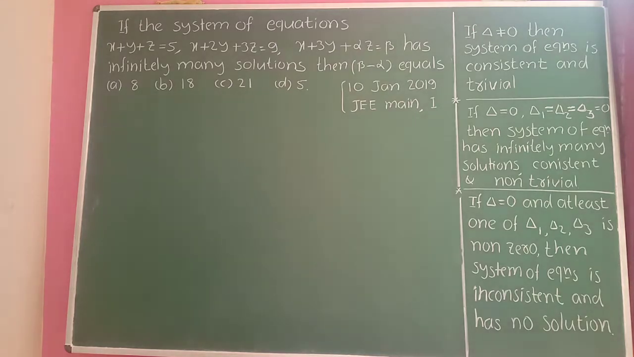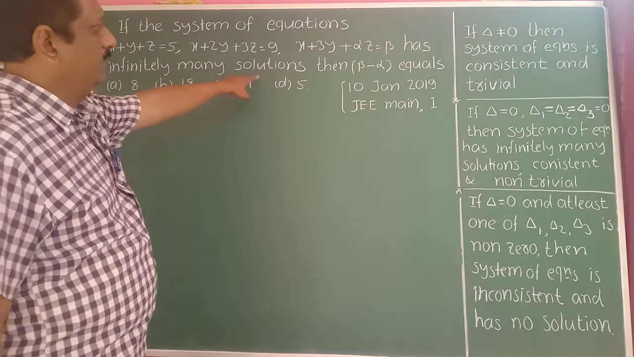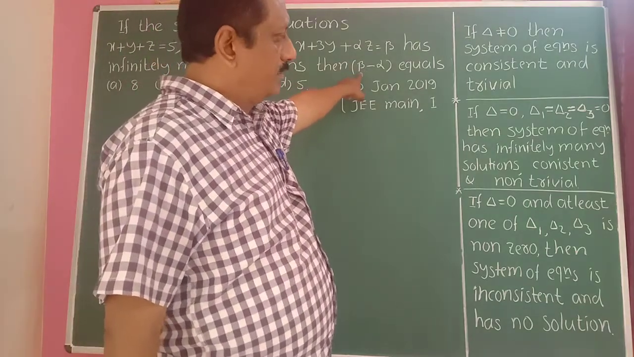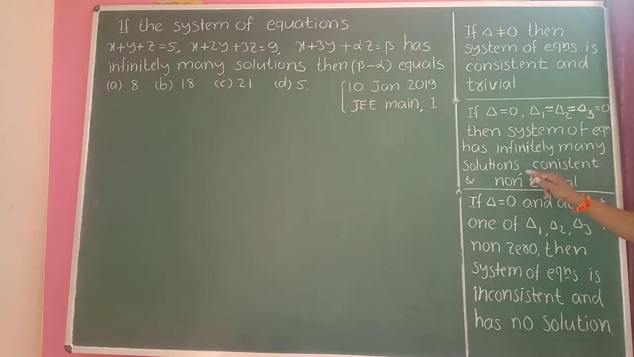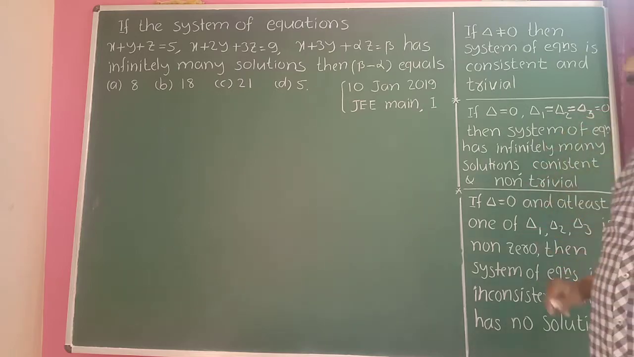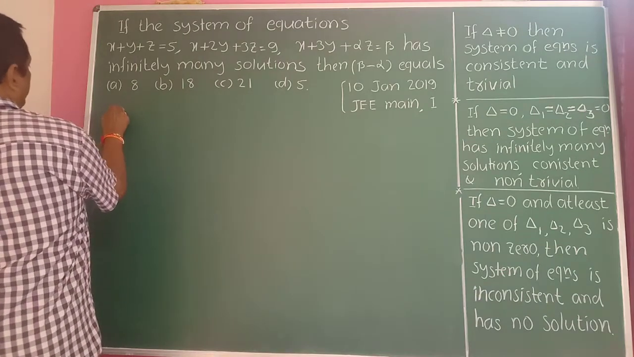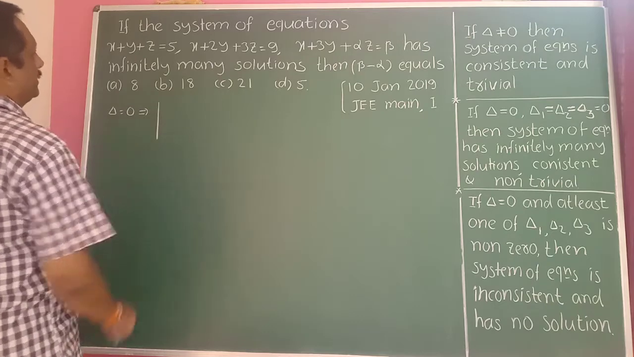So the system of equations has infinitely many solutions. Then beta minus alpha is equal to what? So you know that the system has infinitely many solutions, then delta is 0 as well as delta 1, delta 2 and delta 3 are also 0. Hence take delta equal to 0. Delta equal to 0 implies a determinant of